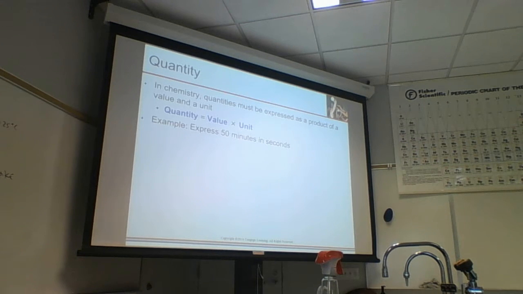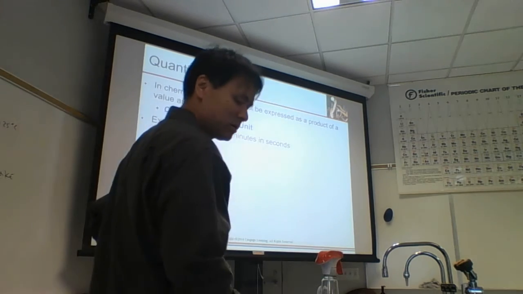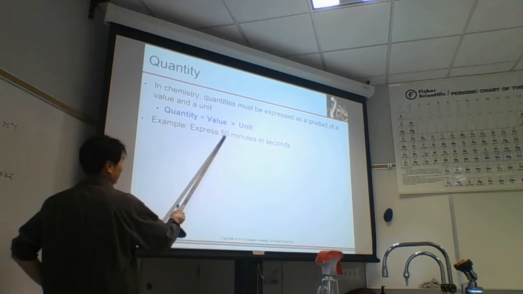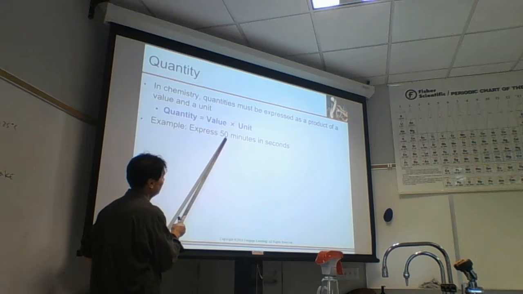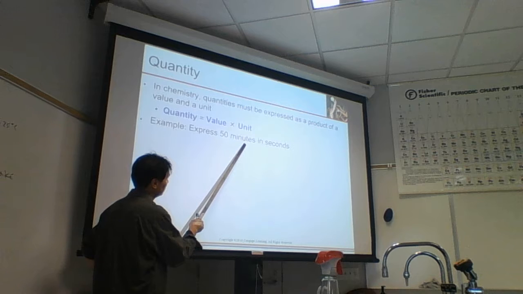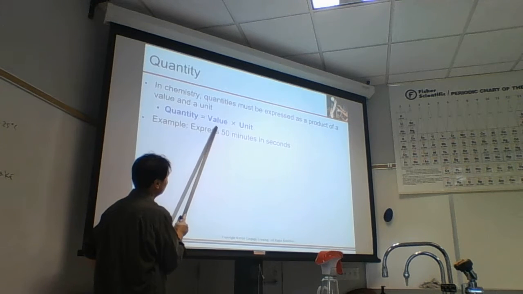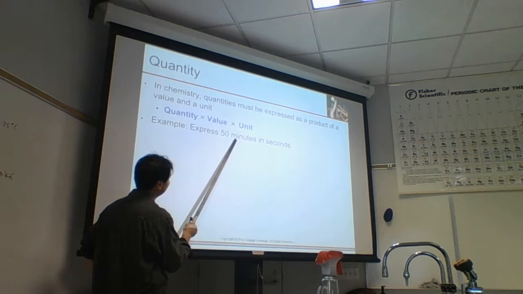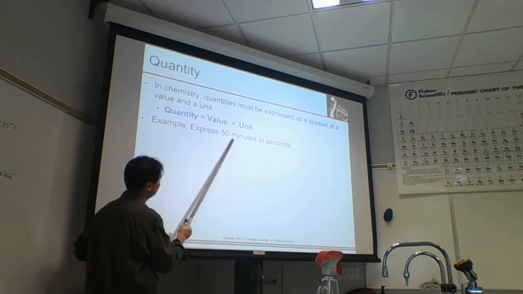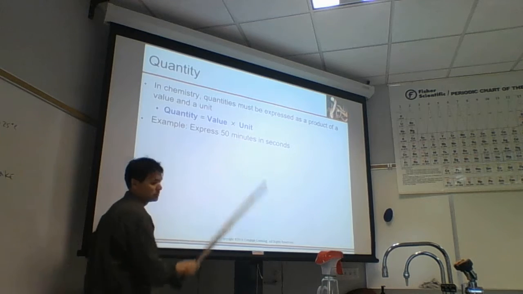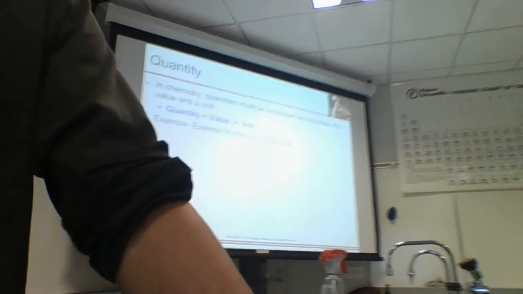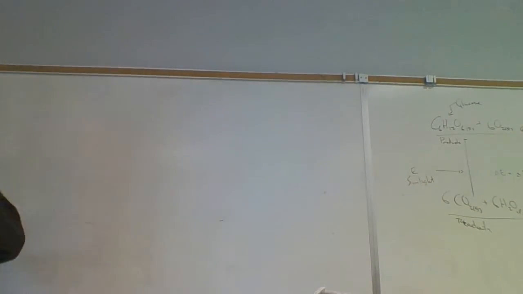When we do things, there's two components to the numbers that we look at. One is just the quantity, like 50. The other is the dimension or the unit. Whenever we have some quantity, we always have a unit and the number itself, so 50 minutes. So express 50 minutes in seconds. A lot of people can do that, no problem. But we're going to do it a little differently in terms of setup.